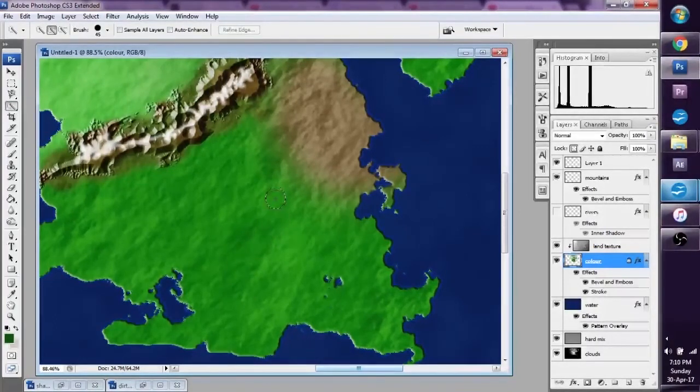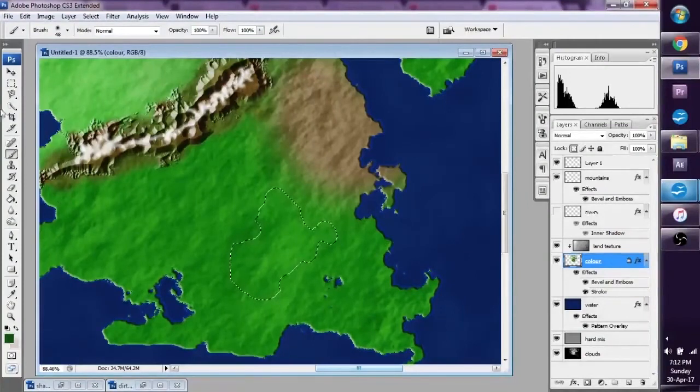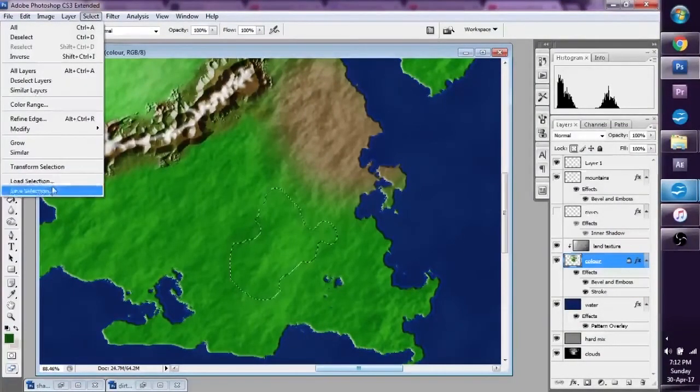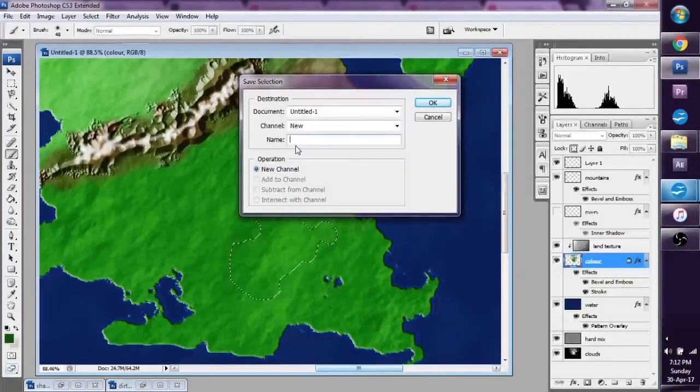Maybe this darker area here, we're just going to roughly draw a shape like that, and we can edit that shape by holding Alt and choosing a smaller brush, coloring some bits here, to make a much more natural shape and create a rough selection, something like that. Once we've got our selection, we can go to select, save selection, let's call it rich forest, and go to